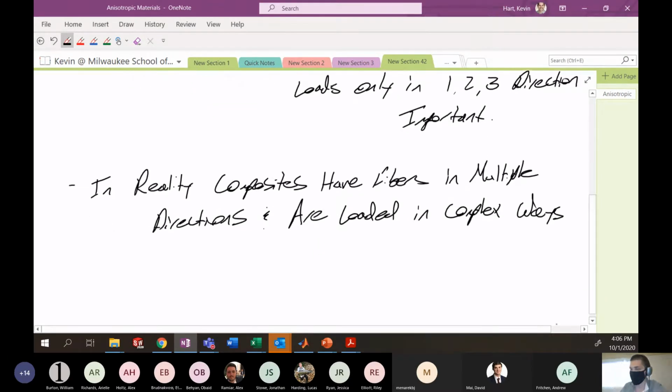Not just the one direction, not just the two direction, etc. So we want to generally talk about anisotropic materials and how they behave. So we'll break down